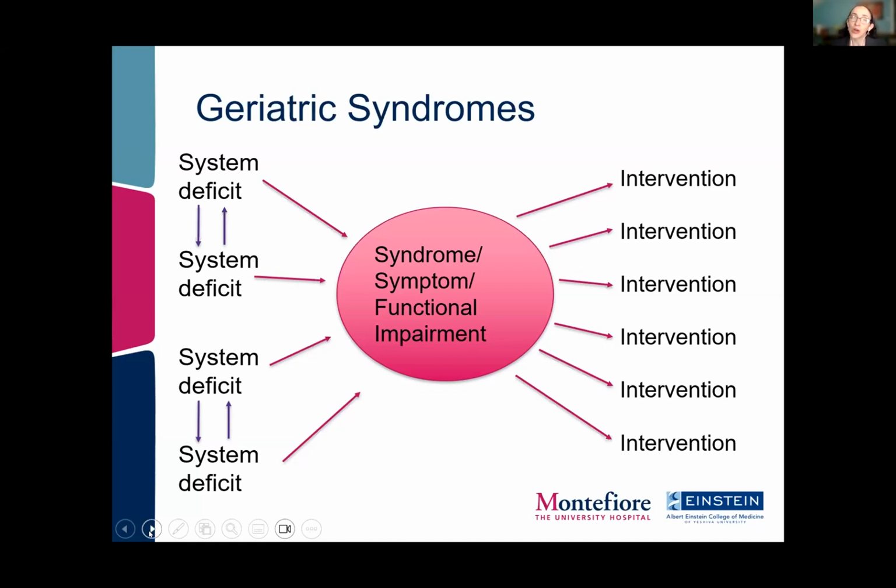And what's, I think, actually hopeful about this model is that when we think about geriatric syndromes, if we know that there are multiple inputs, we can be creative and think about multiple outputs or interventions to address the geriatric syndrome. It's not necessarily going to be one drug, and often it isn't, or one intervention that's going to mitigate the geriatric syndrome. And that leaves a lot of room for creativity and for trying things and seeing what works